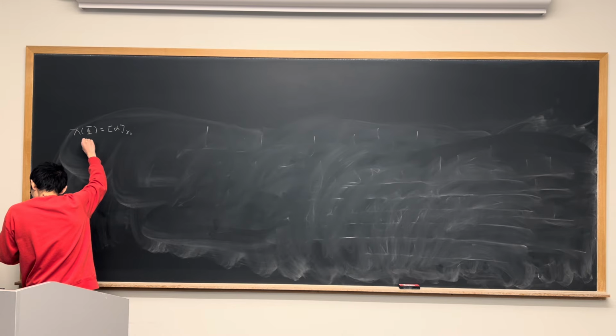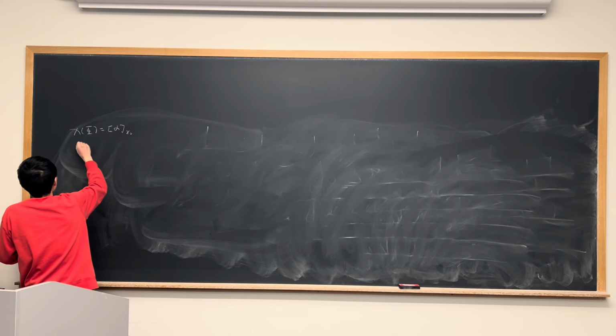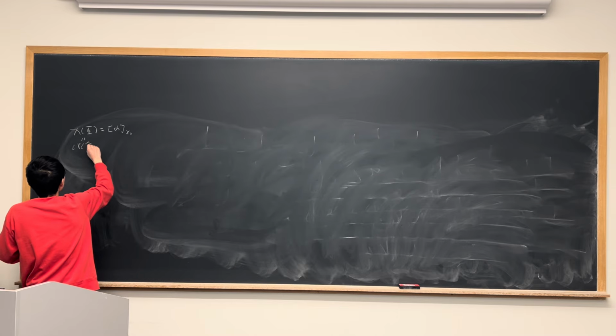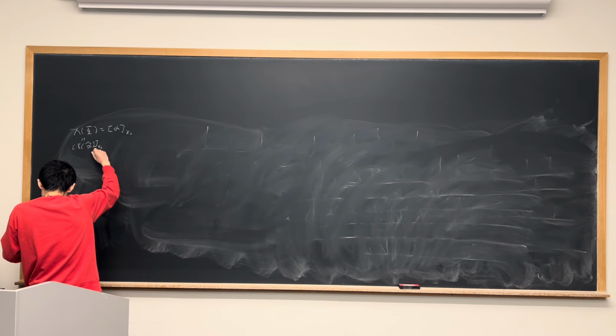I think I showed that right. So this is equal to gamma of this alpha tilde, something like x naught, where alpha tilde is the path from 0, 1 to this